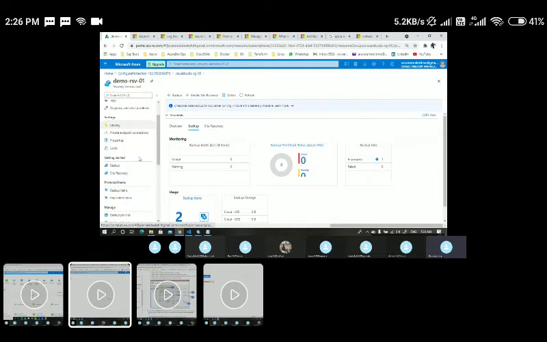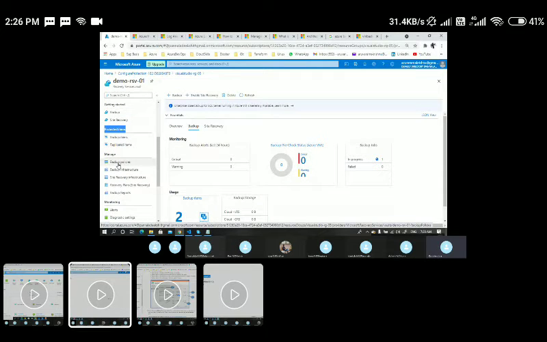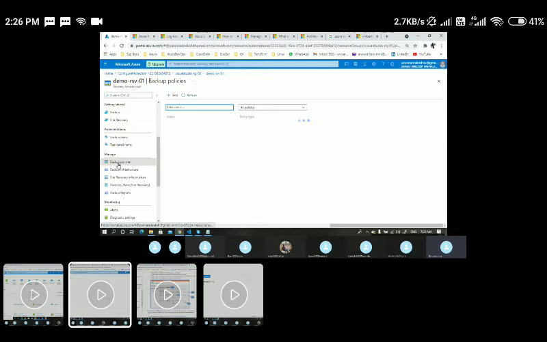All right. And if you wanted to see these protected backup items, here you could see under the protected items, you can go to the backup items. And if you come down, you could see the backup policies here. So these are the default policies and custom policies that we have created. You can see everything here. And this is the policy which we have created, that is the demo backup policy. And this is the default policy which comes by default when we create a recovery services vault.